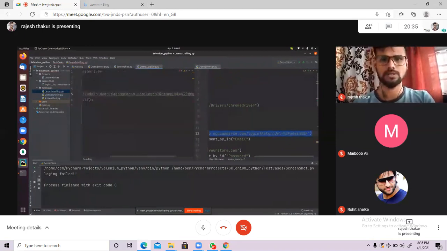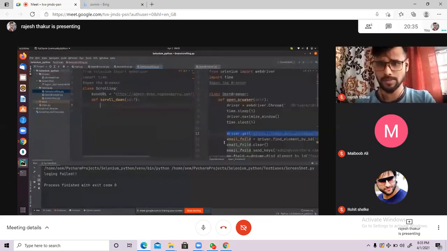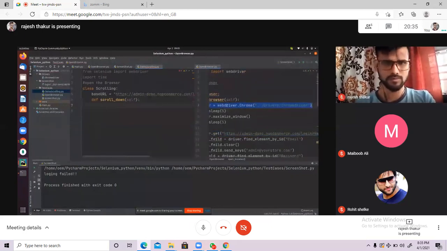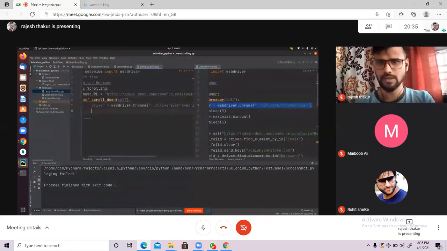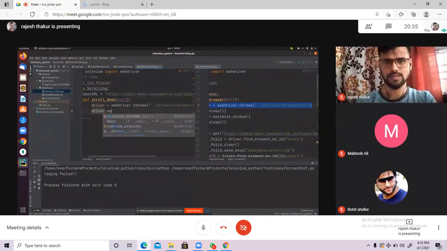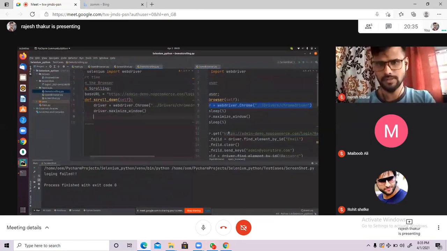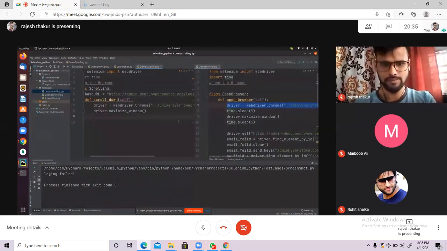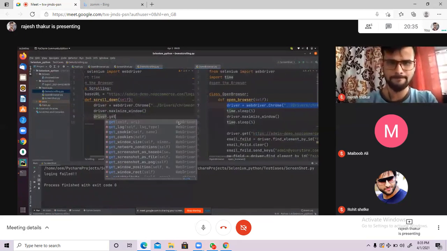This is the base URL, and here we are initializing our web driver. Nothing to do, just copy paste these things. This is the driver, and then driver.maximize to maximize the window, and once the maximization is done, then driver.get base URL.